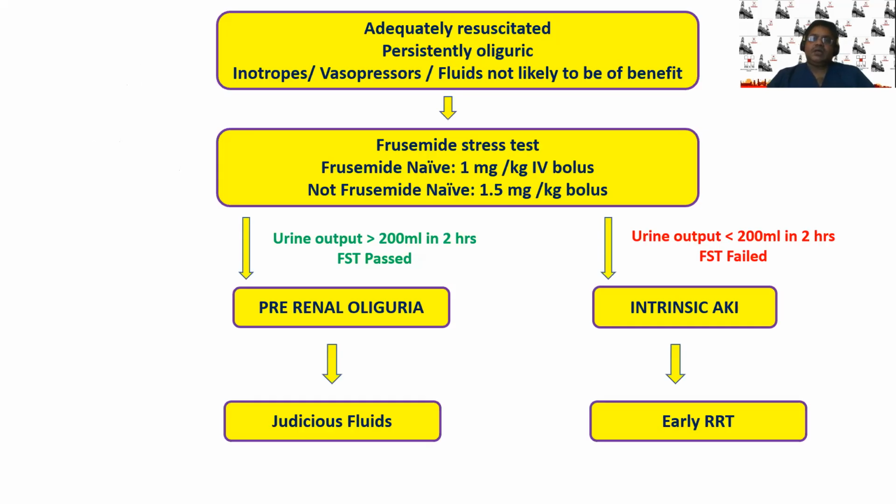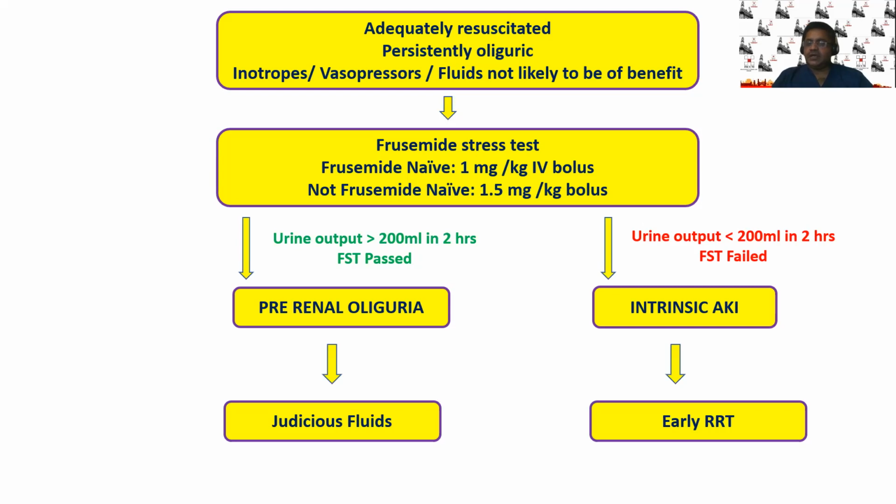So an adequately resuscitated, persistently oliguric patient in whom inotropes, vasopressors, and fluids are not likely to be of benefit should be subjected to the Furosemide stress test. If the patient has not received Furosemide in the past, that is a Furosemide naive patient, you can give 1 milligram per kg of Furosemide IV bolus. But if the patient has received Furosemide in the past, you give him 1.5 milligram per kg bolus and then